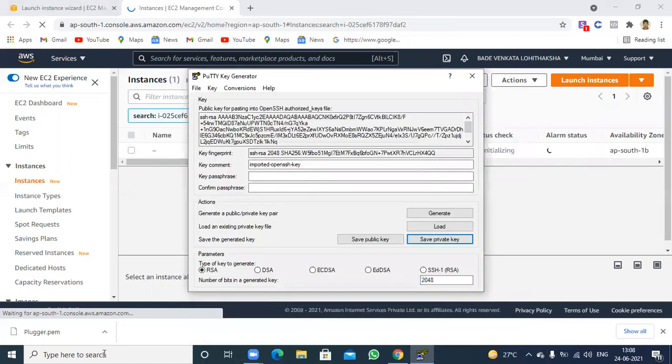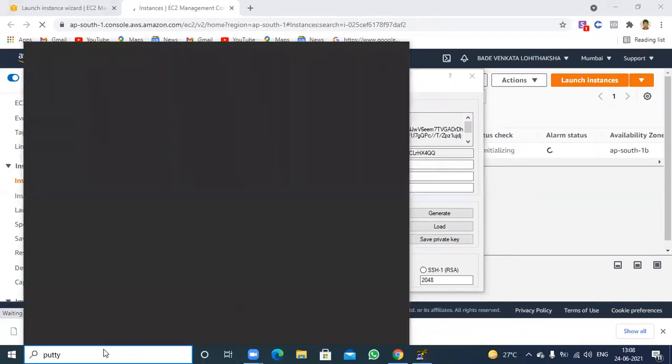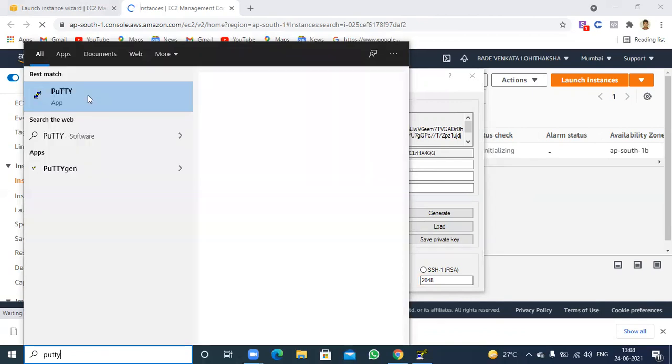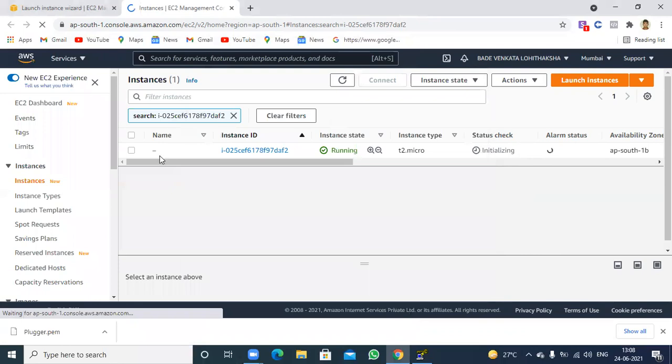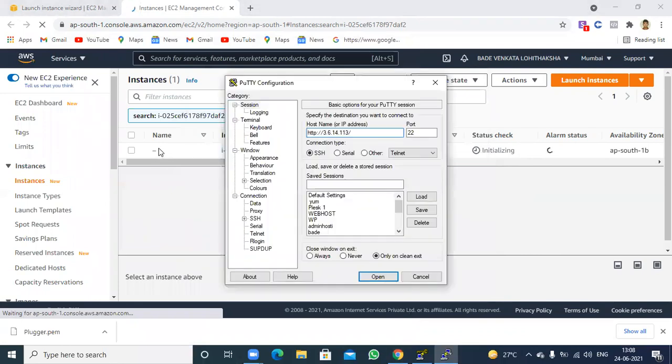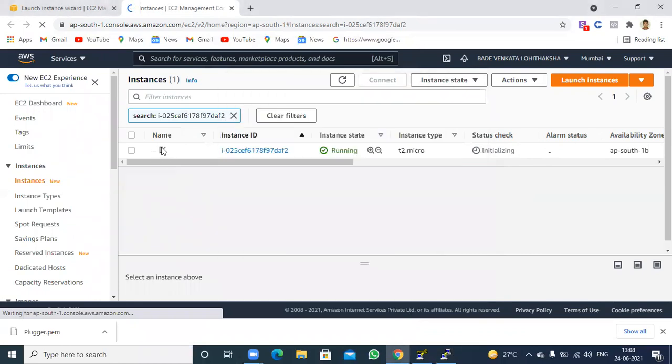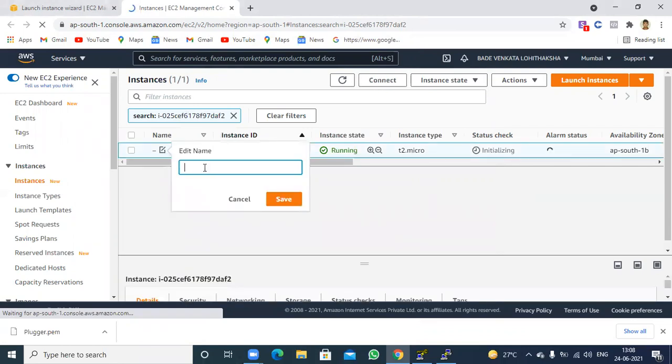Okay, now what you need to do is go to the PuTTY app. The PuTTY app is there, no? So you need to go to the main PuTTY app. First of all, you can enter any name itself. So let us see. I'm going to enter a sample name. Okay, and then you need to click on save.